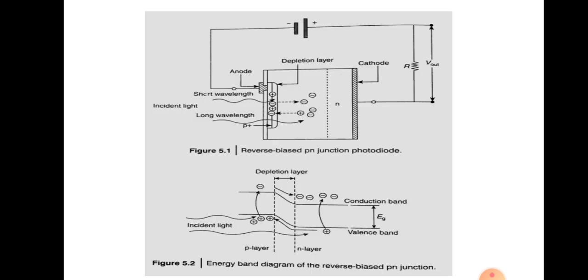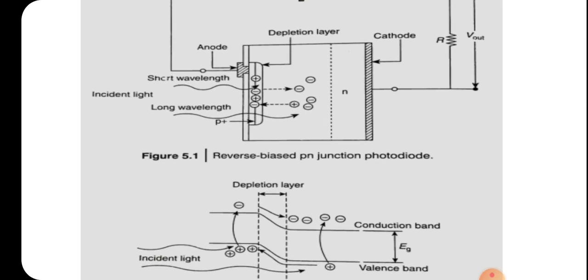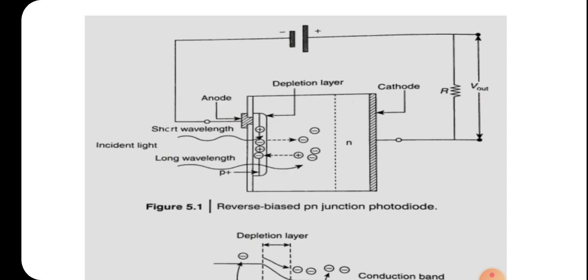You can see the cross section of the PN junction which is used as a photodiode. Here, this is the P region and this is the N region, and this N region is the substrate. This is used for taking the connections, and here also there is a connection, and it is reverse biased. For the PN junction to act as a photodiode, it should be reverse biased. So the P terminal will be connected to negative and the N terminal will be connected to positive. You can see here, this is a reverse biased PN junction.